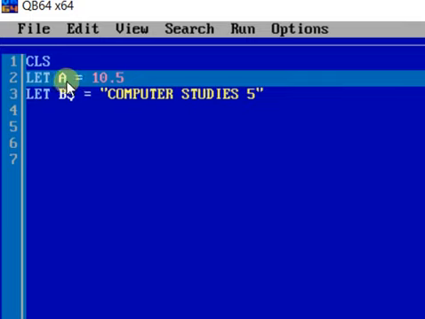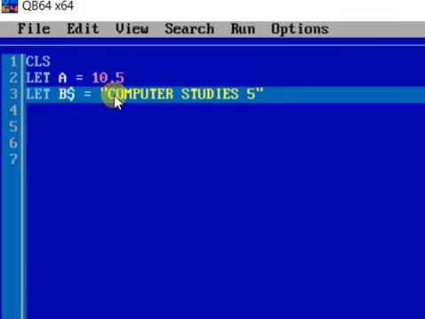Numeric variable names can be a single letter, single character, or a set of characters, like ABC or a single letter A. Now an alphanumeric constant can be a single letter or a word or a sentence or a mixture of letters and numbers that is put under double quotes, and the variable that takes the alphanumeric constant is known as an alphanumeric variable, and it should always start with a letter and end with a dollar sign.